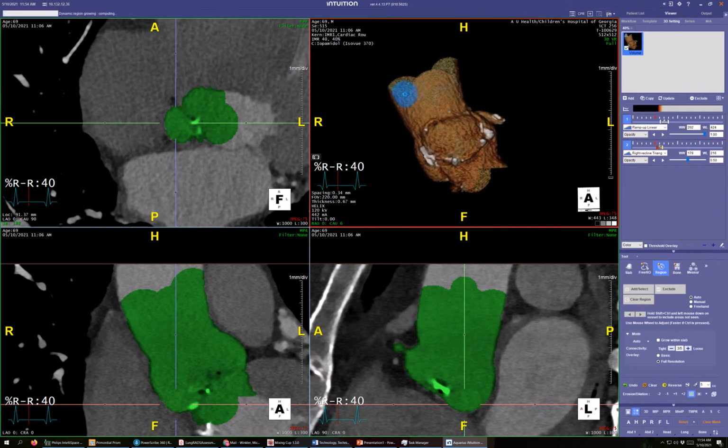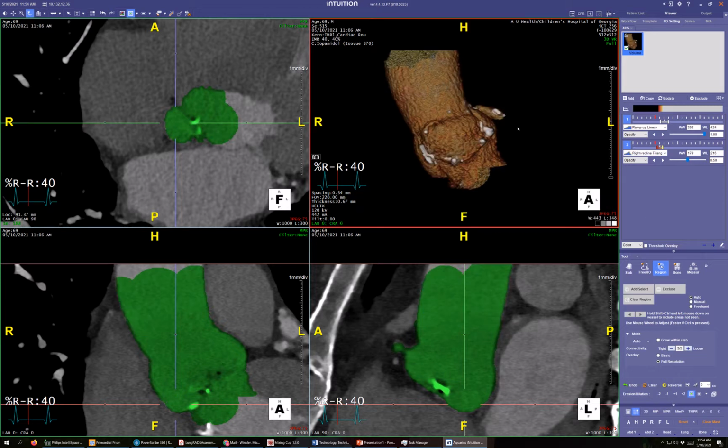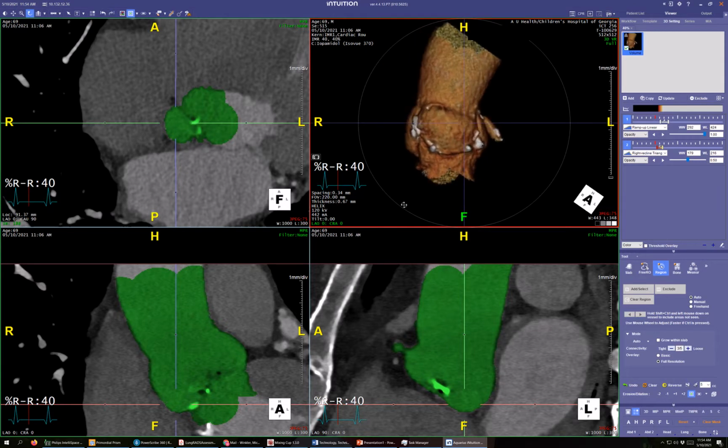We'll relax that a little bit. This is turning into a manual region of interest growing, but so what? Add select. Okay, so now that we've done that, I'm going to turn on our crosshairs and